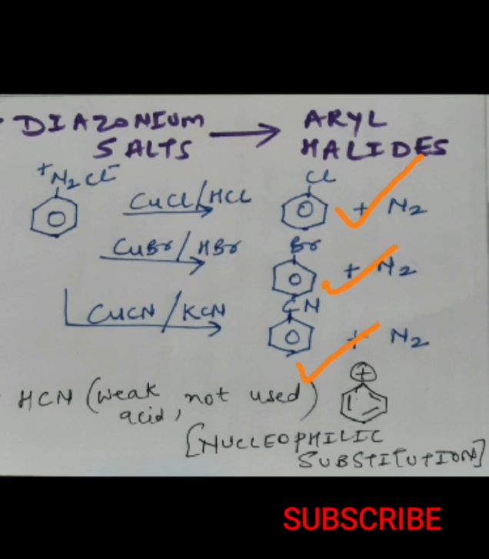So what are the main things you need to remember in Sandmeyer's reaction? You need to remember Sandmeyer reaction always takes place in presence of cuprous salts. So it can be cuprous chloride, cuprous bromide, or CuCN. What type of reaction does it undergo? It undergoes a nucleophilic substitution reaction. Is it okay? So if you are aware of the Sandmeyer reaction and you are clear of all these points which have been discussed today, then you will be in a position to attempt all the questions related to Sandmeyer's reaction in your final exam papers in your common entrance test.